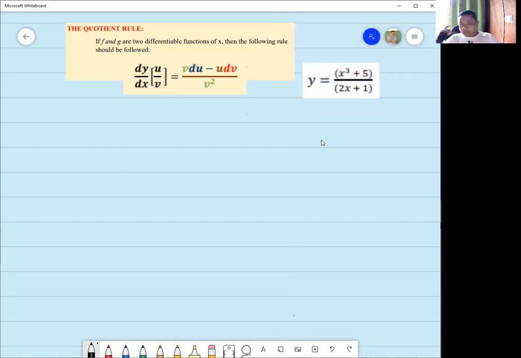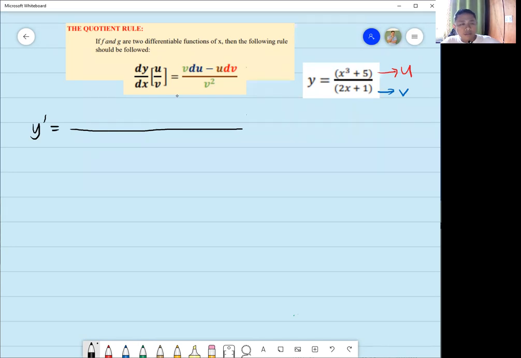Game. So let's find the derivative of y is equal to x cubed plus 5 over 2x plus 1. Ready? If you want, you can already try solving it on your own. You solve with me. This will be our u. Arrow na lang. This will be our u. And this will be our v. Let's follow the process. So y prime will be equal to